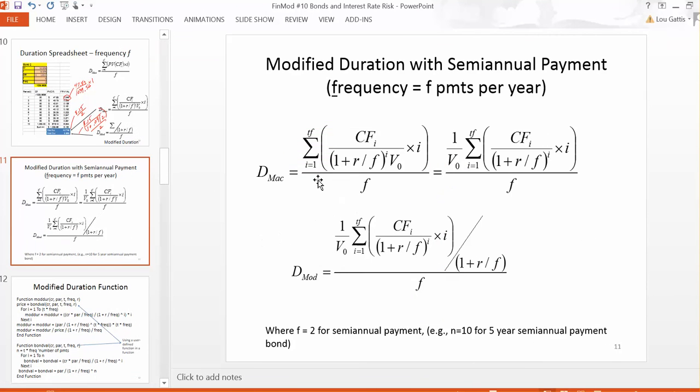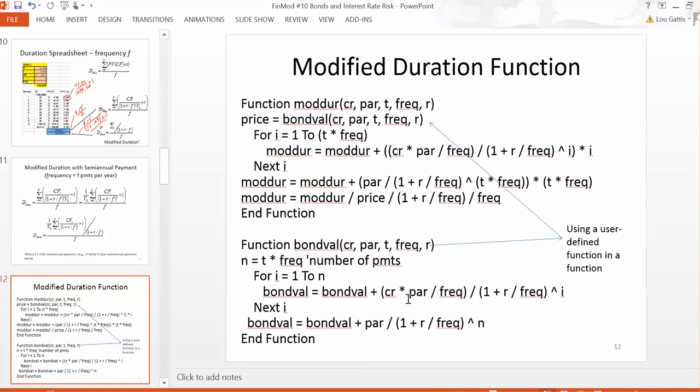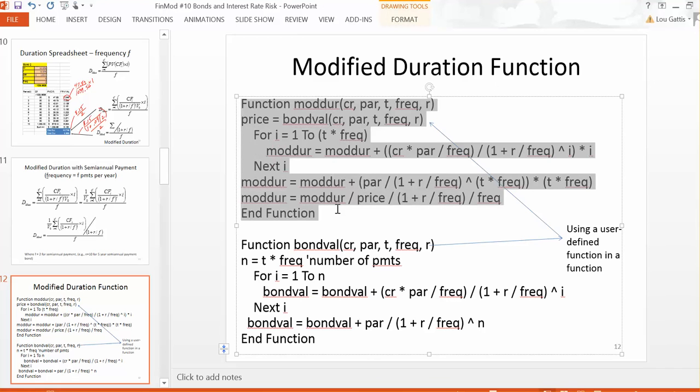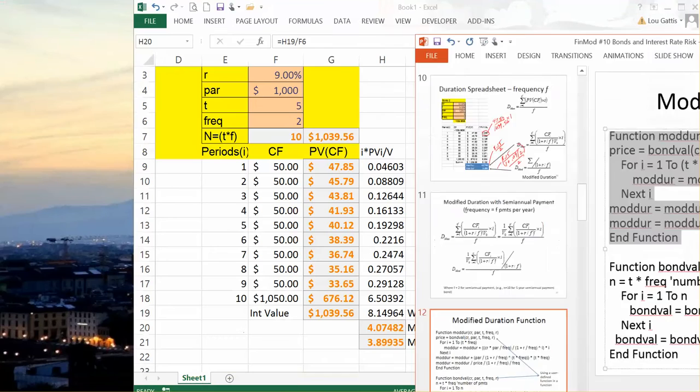So modified duration is going to be that weighted average time to getting your money back divided by 1 plus the periodic discount rate divided by the frequency. And we have a function here to do that calculation. We'll call it mod dur. I'll copy this. This function requires that you also have bond val in your same module, because the first thing it does is value the bond and then use that to calculate the fraction of each payment. So I'll take